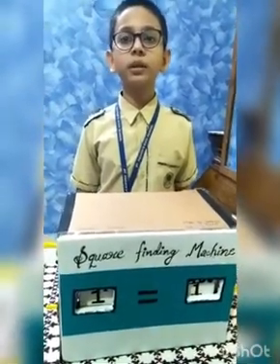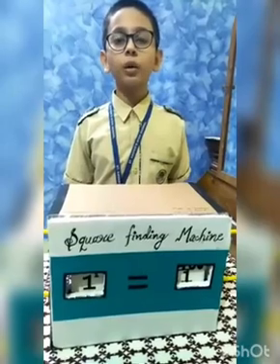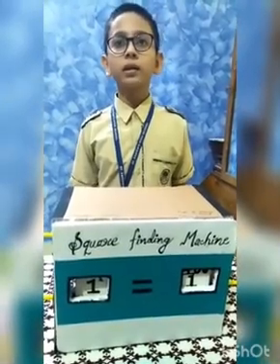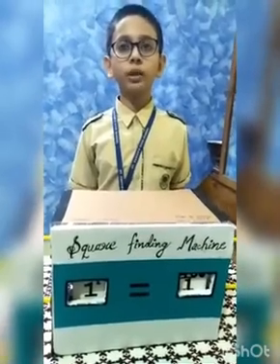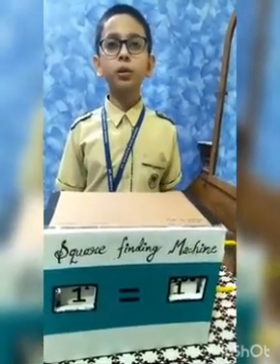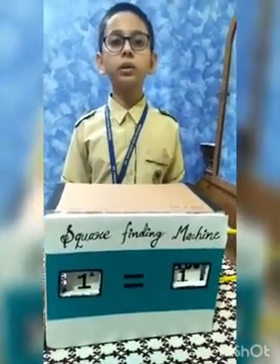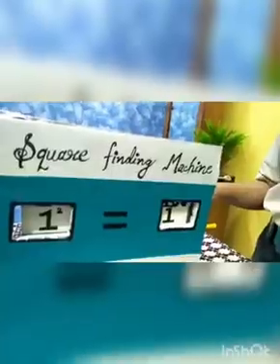Similarly, when a number is raised to the power of 2, it is known as the square of the number. It is represented as a small 2 at the top of the number. I have made a machine which can tell the corresponding squares of the numbers from 1 to 10. Let's find some of them.